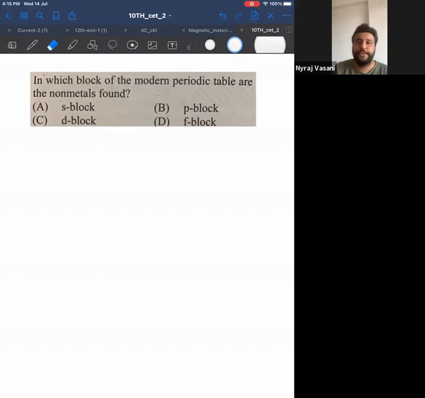They'll give you such questions where you might be confused between two options and you might select the wrong option. So look at the question properly and look at the correct answer. Answer is P block. Okay, Ruti, answer is P block. In which block of the modern periodic table are the non-metals found? Answer is P block. So I have done 2 questions till now. First question was regarding the outermost electrons in an alkali metal. Second one was which block has non-metals.